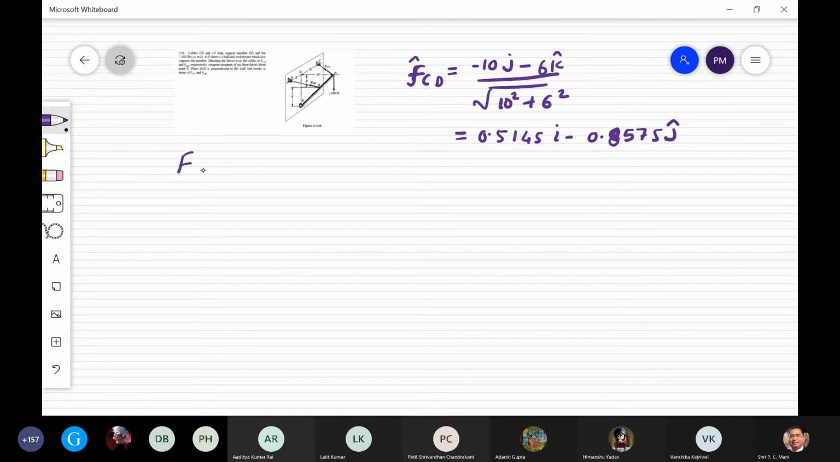Similarly FBA that is equal to minus 6i plus 4j, sorry, this one is... क्वेश्चन को बुक खोल के देख लेता हूँ, वो ठीक रहेगा. क्वेश्चन नंबर